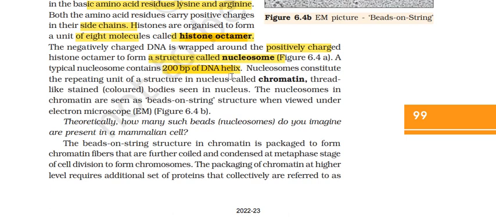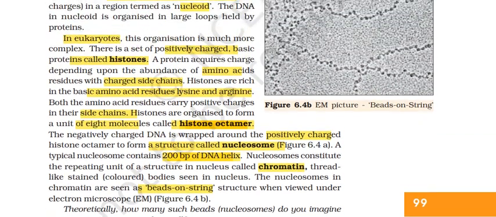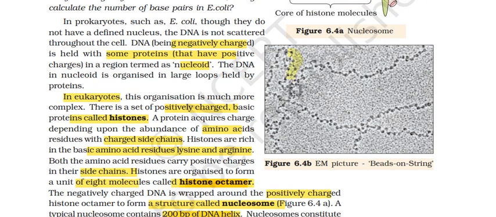Nucleosomes constitute the repeating unit of a structure in nucleus called chromatin. Basically, chromatin जो होता है वो क्या होता है? Basically, repeated nucleosomes is chromatin. Thread-like stain-colored bodies seen in nucleus. The nucleosomes in chromatin are seen as beads on string structure. ठीक है, अगर आप इसको electron microscope के अंदर देखेंगे, see, these are like beads on the string. यही हमारा chromatin होता है. Basically क्या होता है? Nucleosomes होते हैं. Fine. Next we have